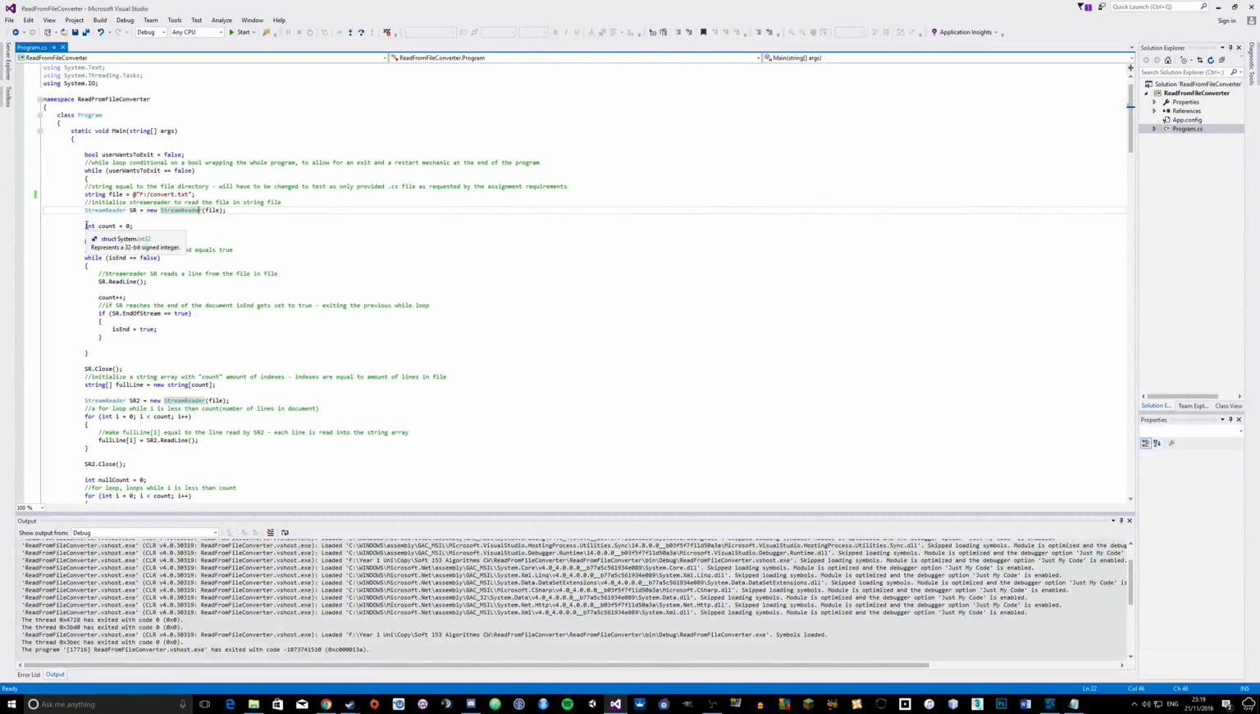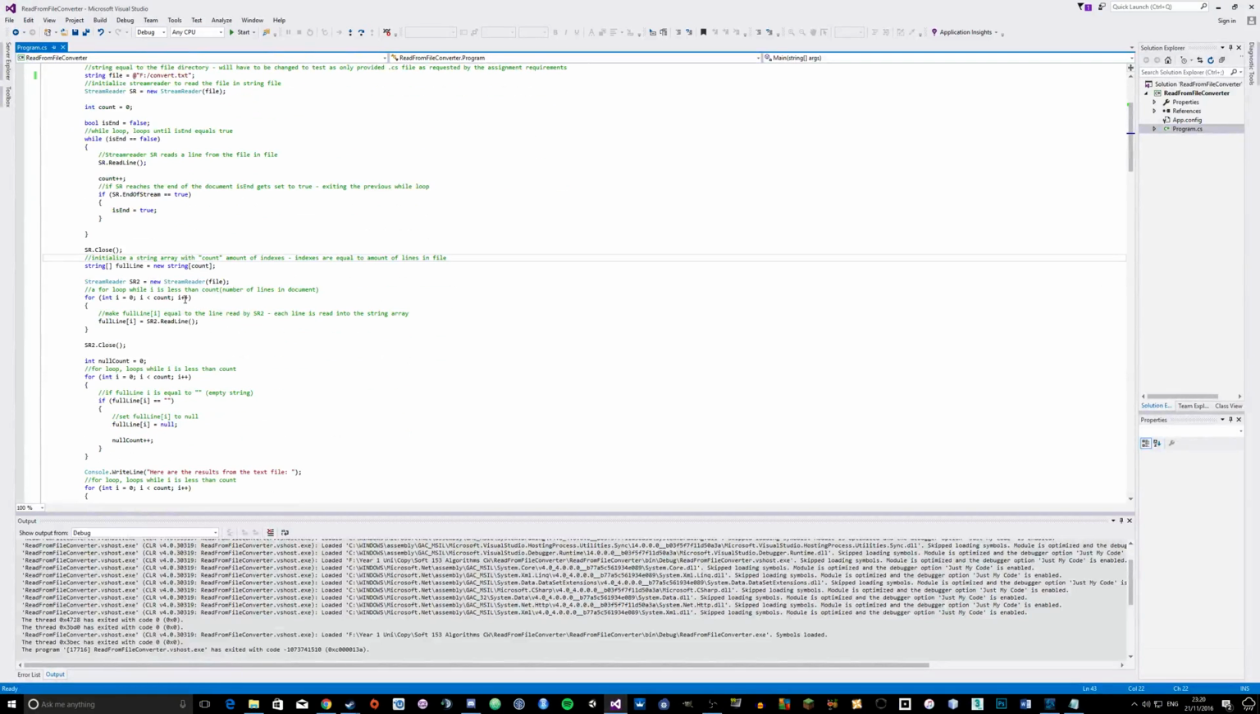I then set the count to 0, so I can count the amount of lines within the document. First of all, I set a bool isEnd equals false, and while isEnd is false, the stream reader will continue to read lines, and as it reads each line, it will add 1 to count. Once it gets to the end of the stream, it changes isEnd to true, and afterwards closes the stream reader. I then use the number in count to create a string array called full line here,